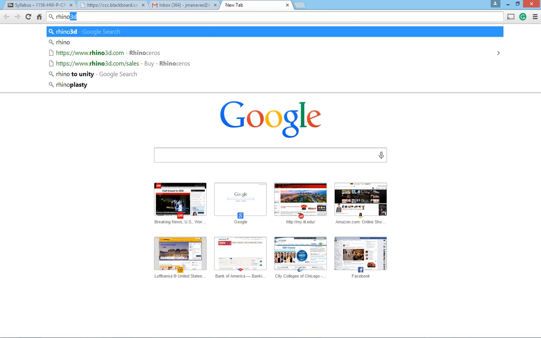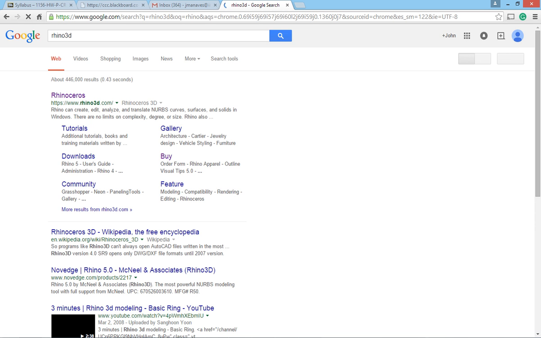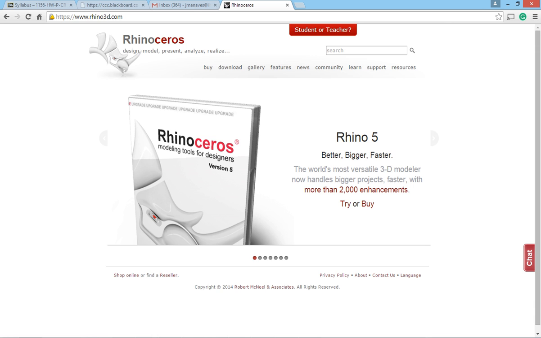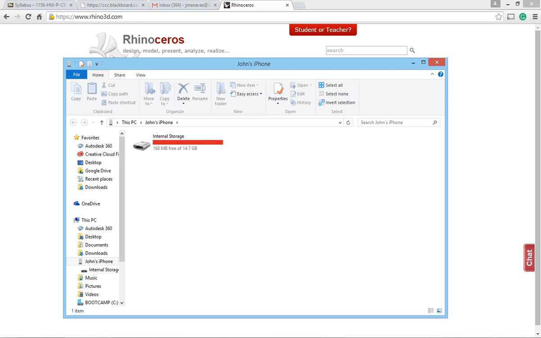Rhino, let's look at Rhino 3D. So again, Rhino 3D, if you Google that, it'll take us to Rhinoceros. Rhinoceros is the software, the actual, proper name. Again, you can order it online. You can also get the demo version,